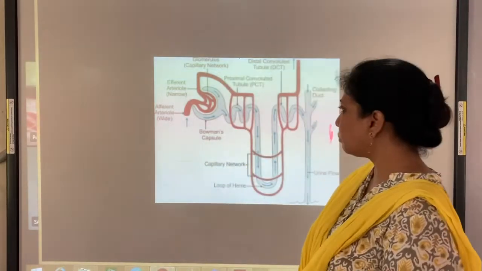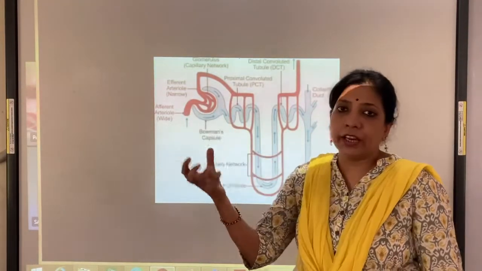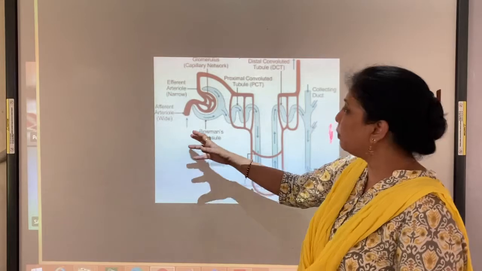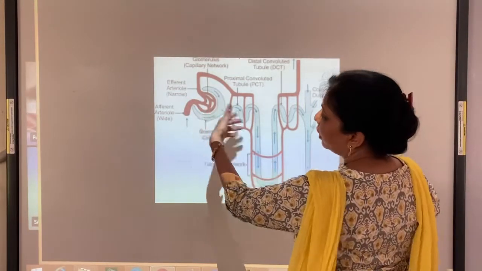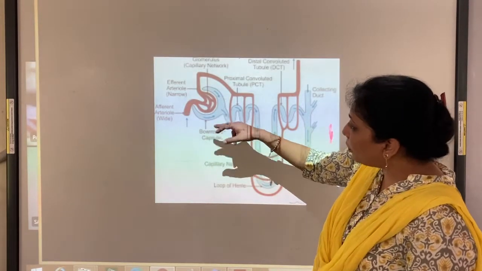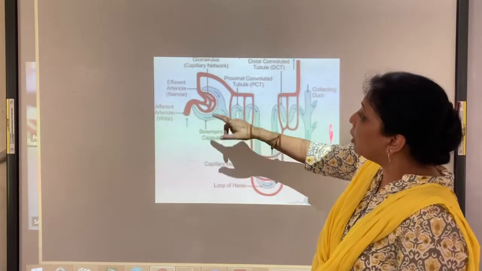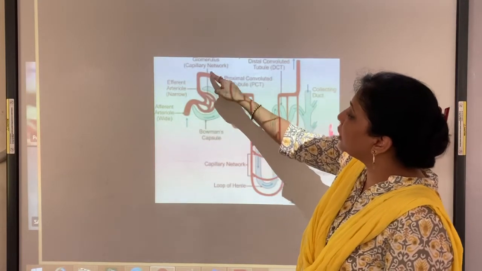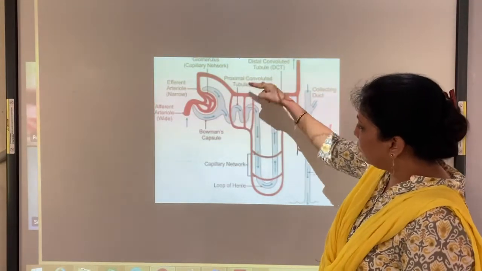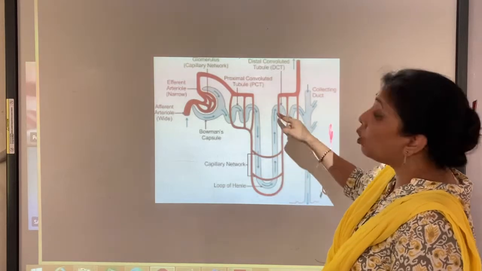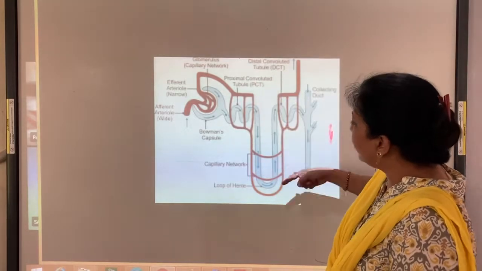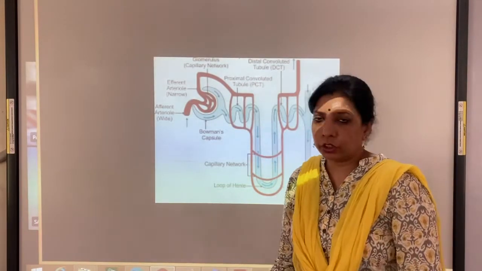Let's see how. So this is the glomerulus, the network of capillaries, with the afferent arteriole bringing the impure blood, and here are the cilia which help in the movement, right? Now let us understand the structure. The efferent arteriole comes out of it and coils around the whole of the nephron. You understand the structure of the nephron.